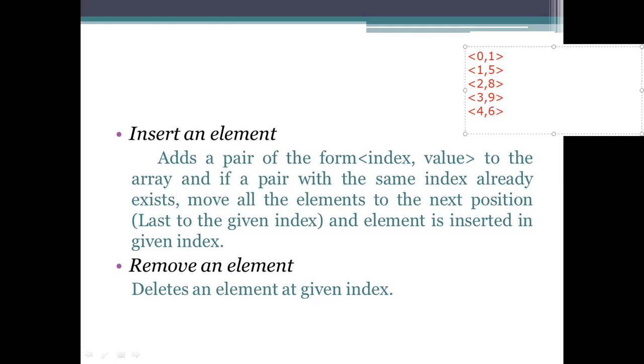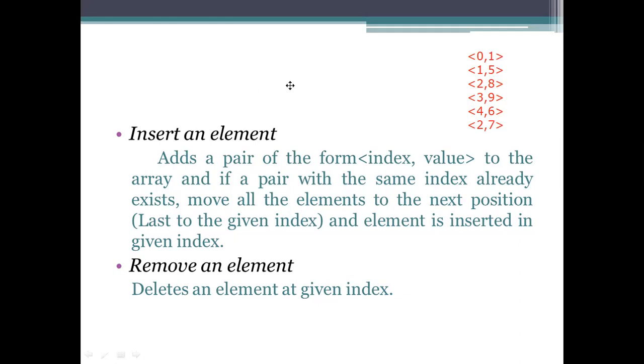Okay. Now I am using again 2 comma 7. Here, initially the values will be in the order 1, 5, 8, 9, 6, and then 7.